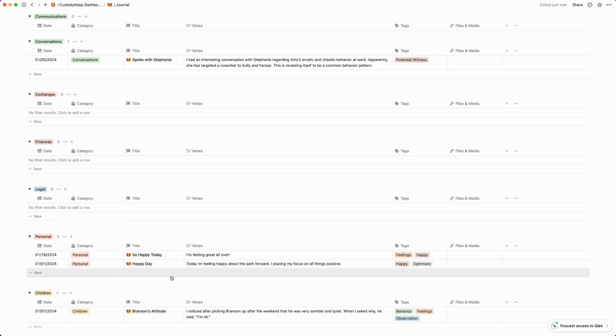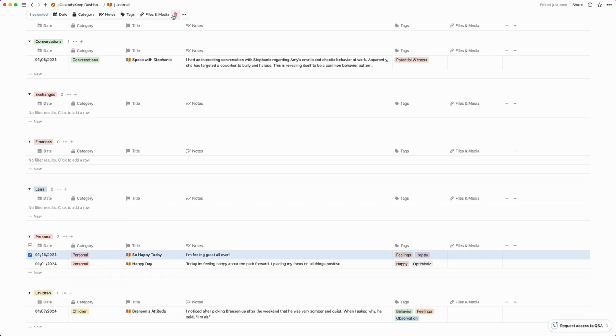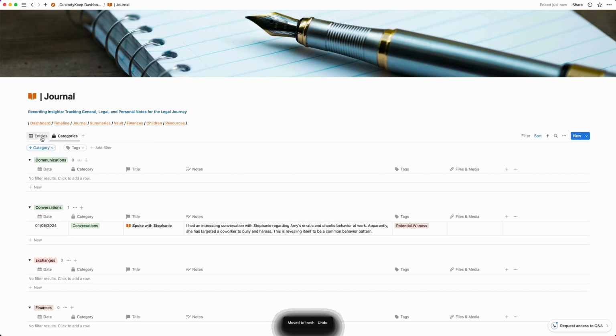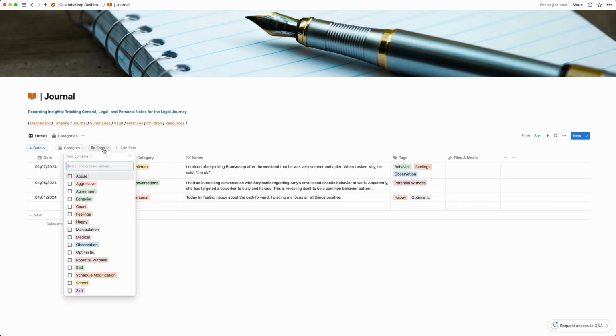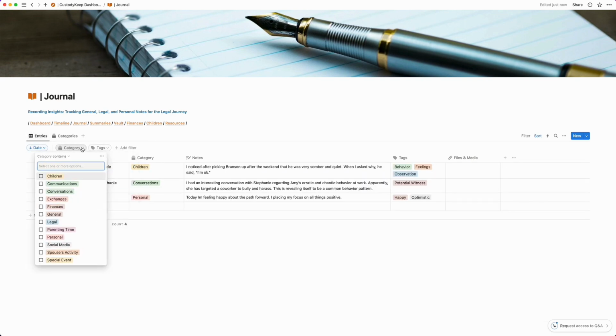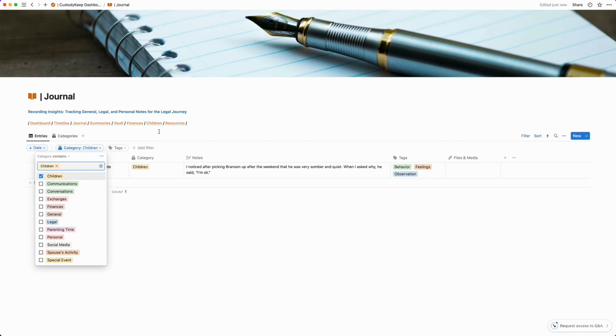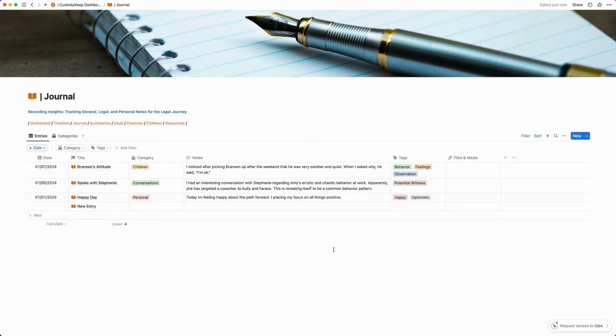The journal also features categories for sorting entries. To find an entry under a specific category like personal, just click on Categories and select your desired entry. You can return to your list of entries anytime. Additionally, the journal allows you to search by tags and categories,